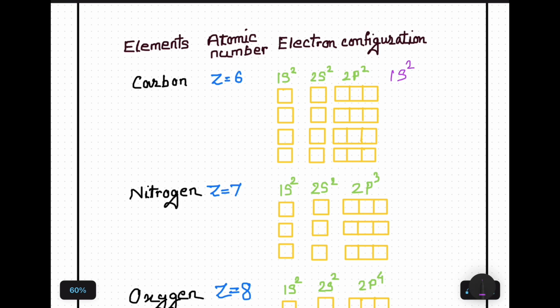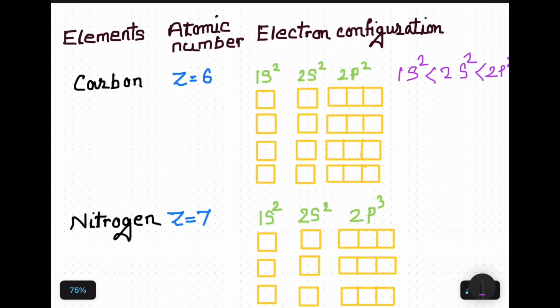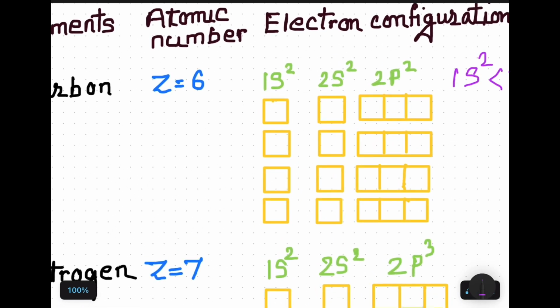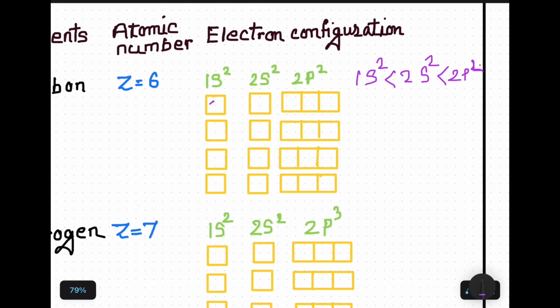So it is going to be like this: 1s2 will fill, then 2s2, and then 2p2. First the 1s2 orbital will fill with 2 electrons. Then the 2s2 orbital will fill,